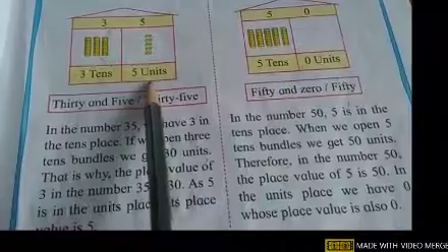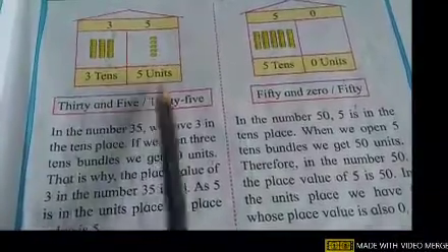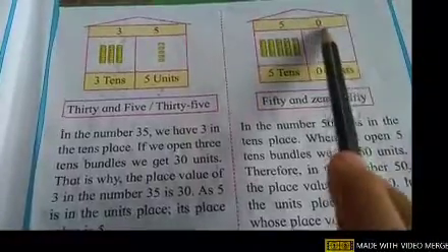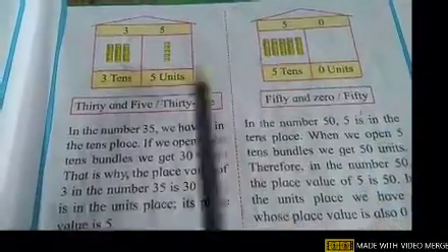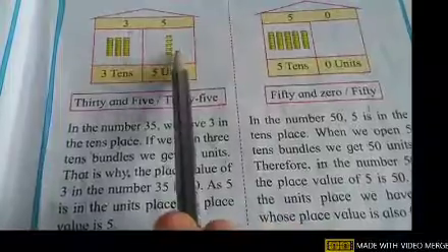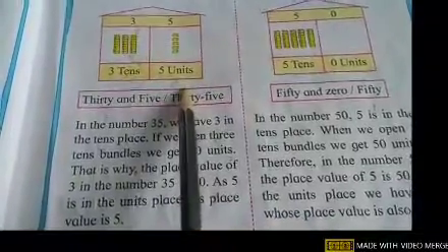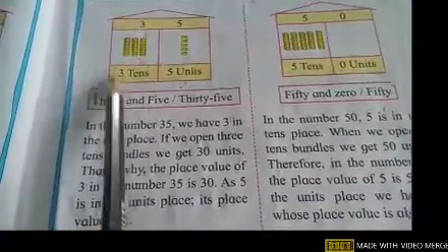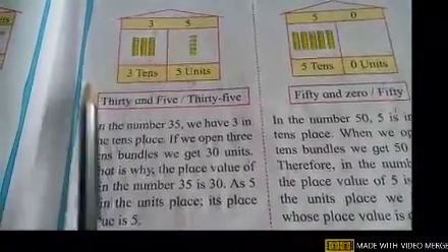So place value of units number 5 is 5 only. And here place value of units place is 0 because 0 is coming in the units number only. So children, did you get the difference? Unit number place value is that same number itself. And tens column place value is that number with 10 group. Means what? 3. So 3 tens.